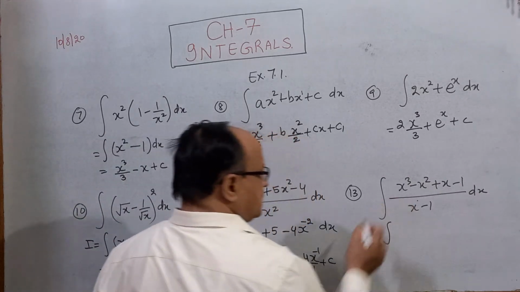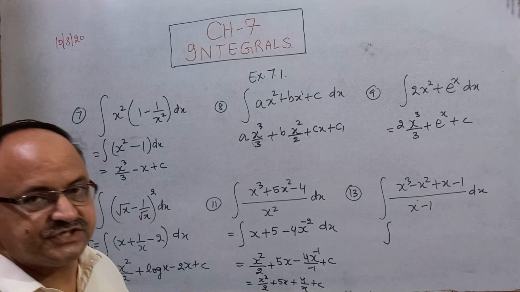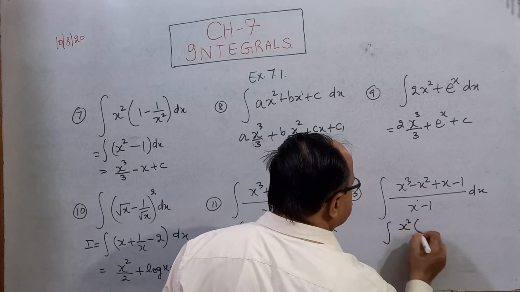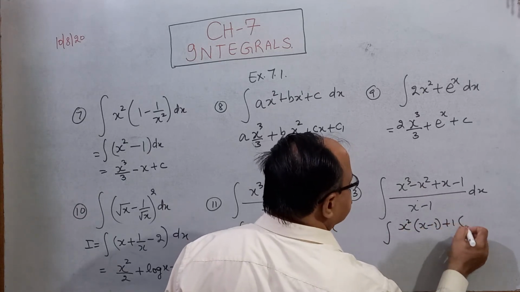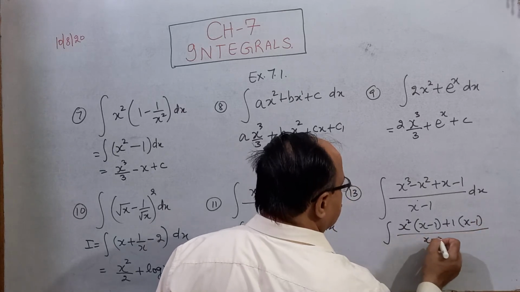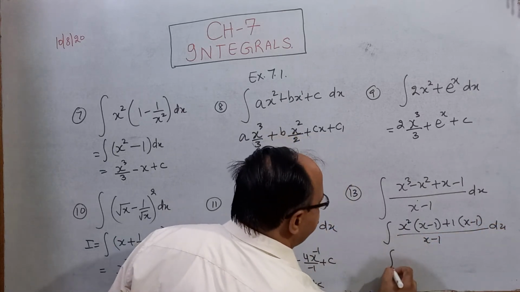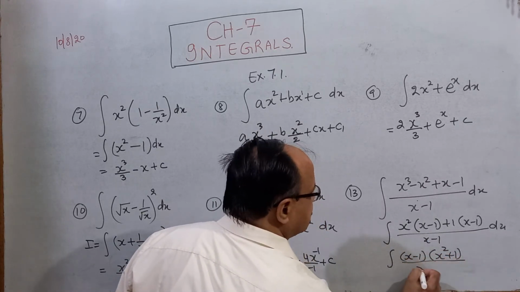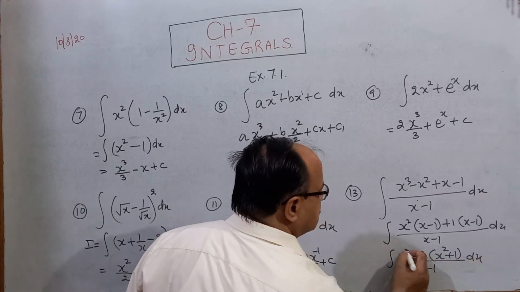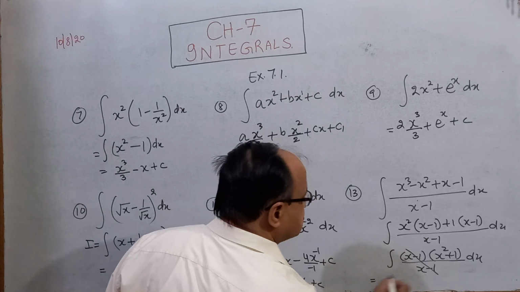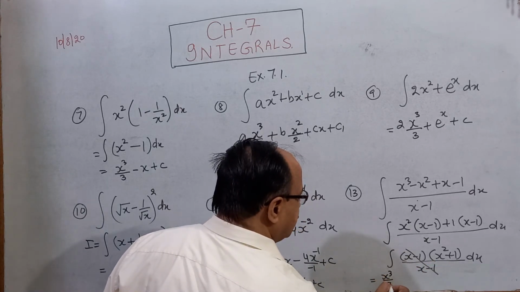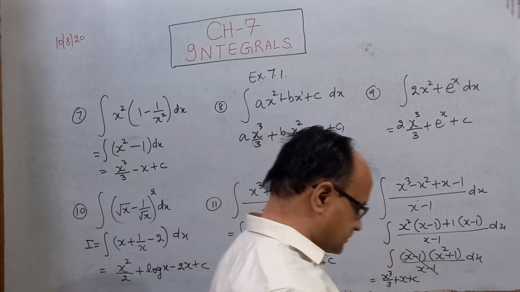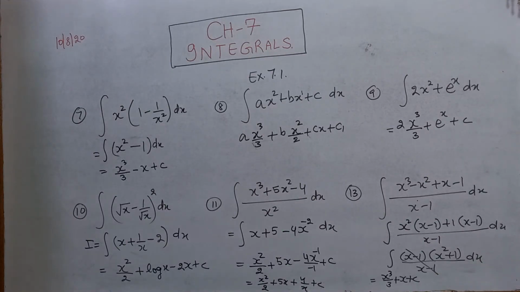Here that is the same procedure. In division the integration is not possible. Firstly simplify the numerator. Factorize, you can say. Take x square common, x minus 1, plus 1, x minus 1. Now you can take common x minus 1. (x square plus 1) divided by (x minus 1). This will cancel. Now the integration of this. Integration of x square is x cube by 3, and integration of 1 is x. So this is the solution of these questions.